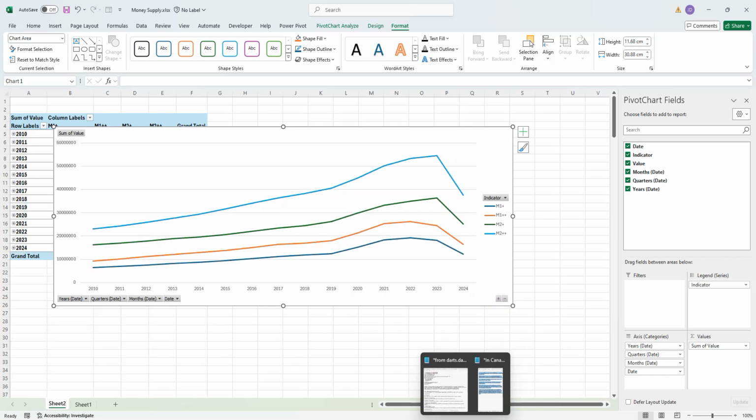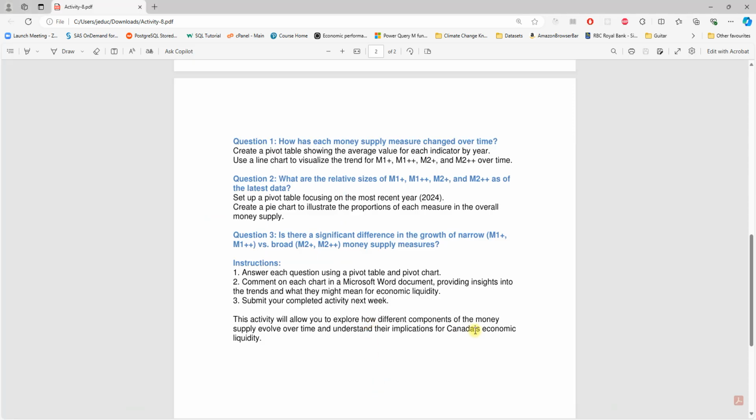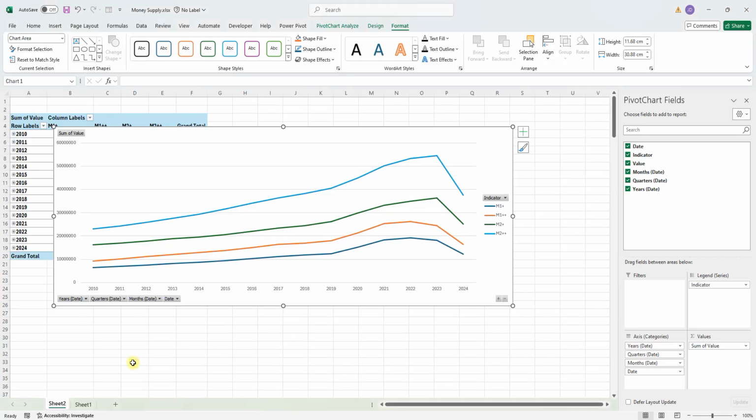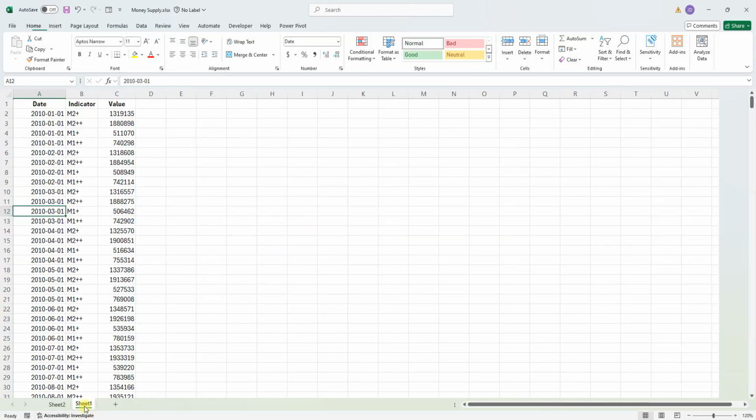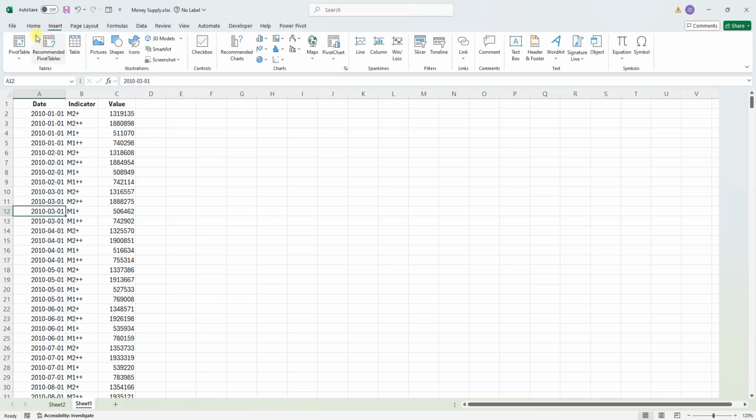Let's go to the second question, which is here. The first one says, how has each money supply measure changed over time? The second one says, what are the relative sizes of all of this as of the latest data? So the latest data, if we take a look, I think it's the month of August of 2024. So let's go and take a look at it. We have to do another pivot. So I'll go back to our data set. I'll click sheet 1, go back there. Insert, pivot,